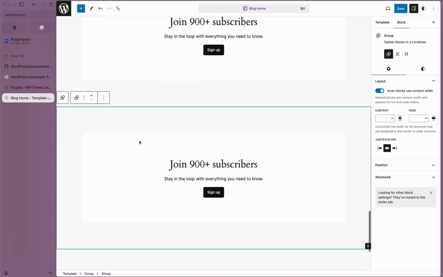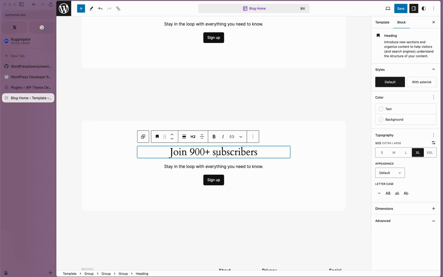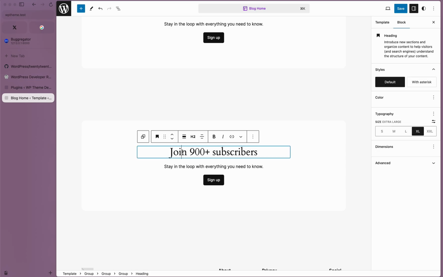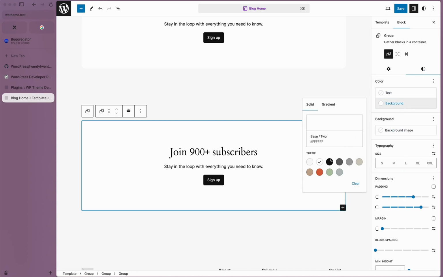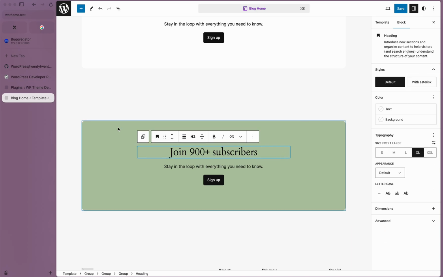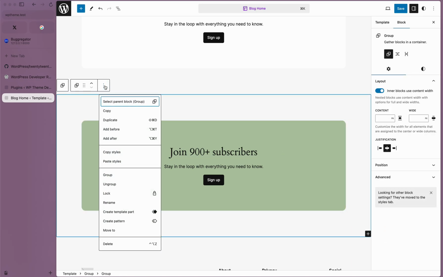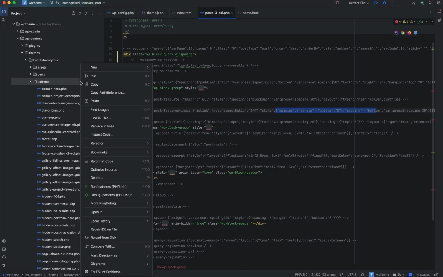If you have some pattern or a block which is already something of a starter for you to customize, you can just get started like that. And after updating it into something else, maybe you want to customize the background of it. Let's say you want to do yellow or green, and then you can simply go here and copy it and then paste it